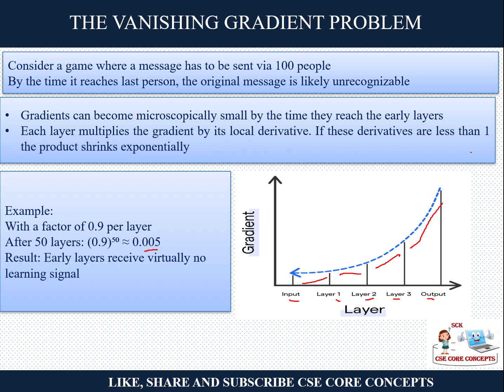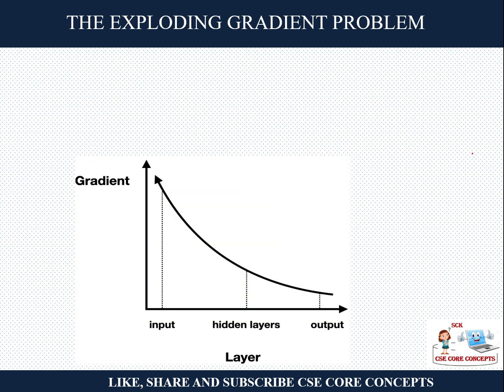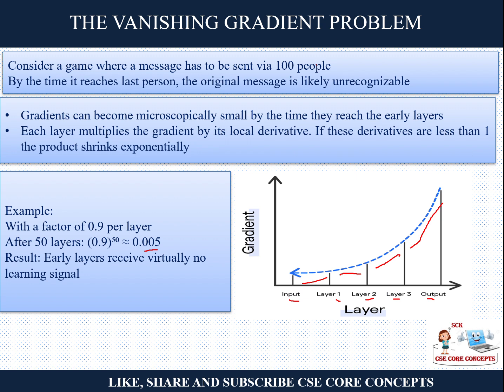Because you are backpropagating, and at each layer you are doing the derivation, the more derivation you do, the values become very, very small. The change is very, very small. How small? 0.005. So if there are 100 hidden layers, by the time you reach the input layer, the change is very, very less. So that is called the vanishing gradient problem, right? So almost it will not converge where it should have.